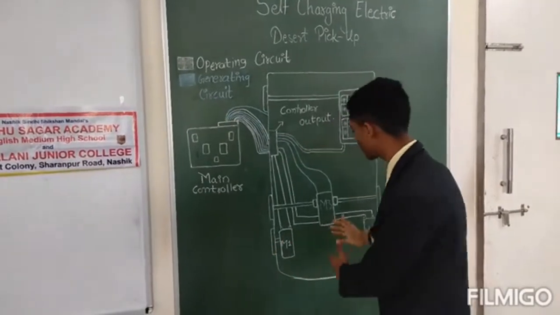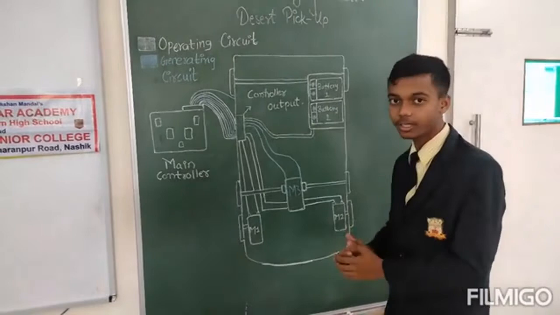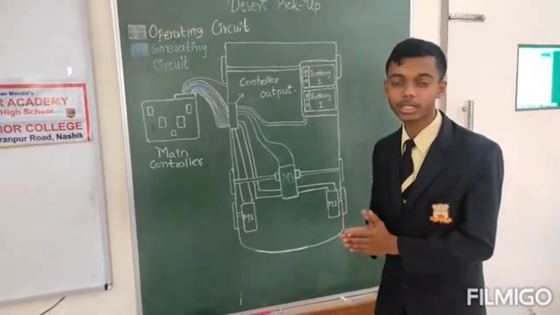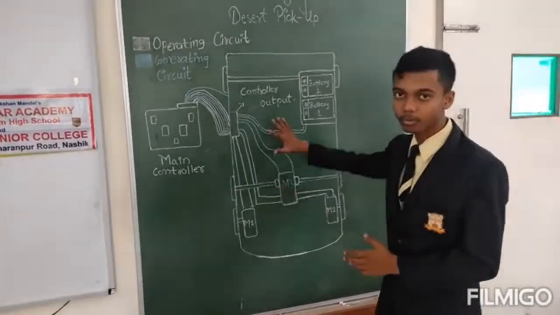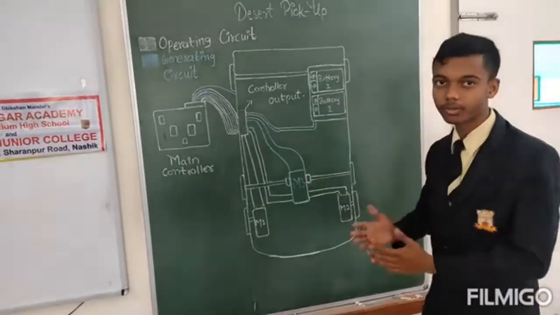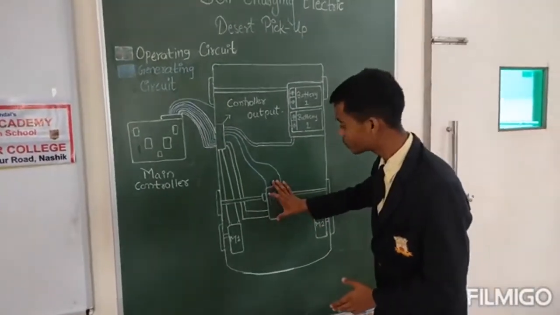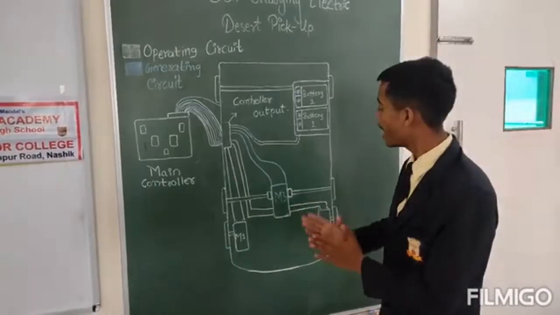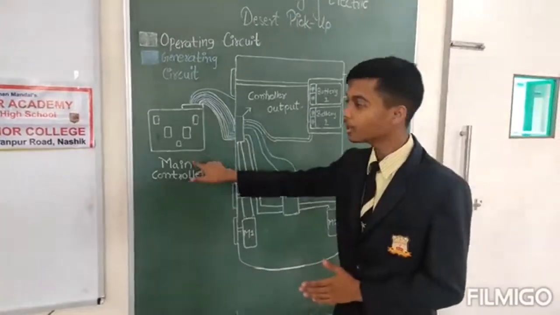So here 3 motors are installed. The work of motor 3 is to generate electricity. Motor 3 is of a different type. It is a dynamo motor. The work of the dynamo motor is to create electricity. When the whole vehicle moves, all the tires will rotate. To harness the power of the tire, we have installed a motor here, which is motor 3. When it rotates, it will create electricity, and from here the electricity is provided to the main controller through